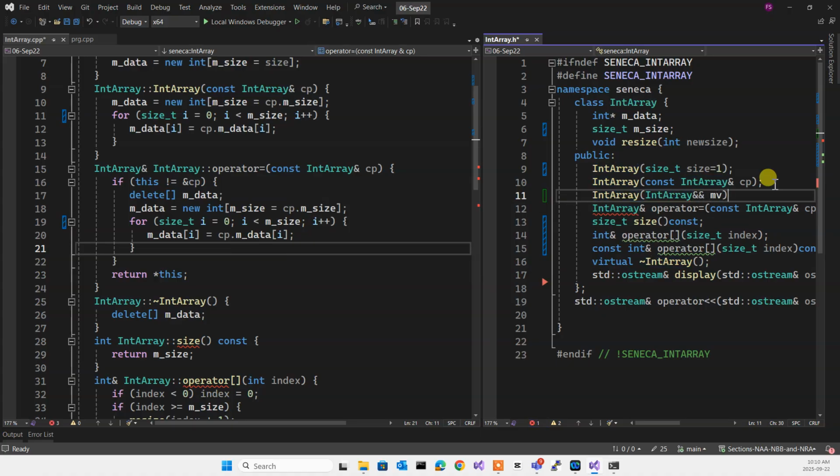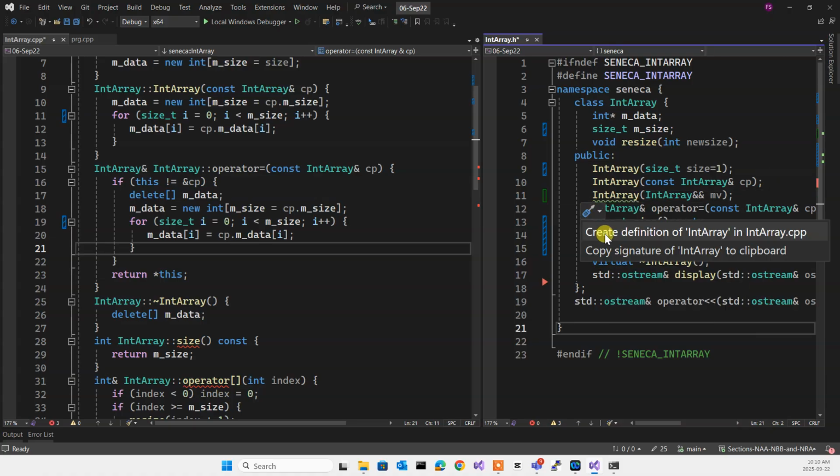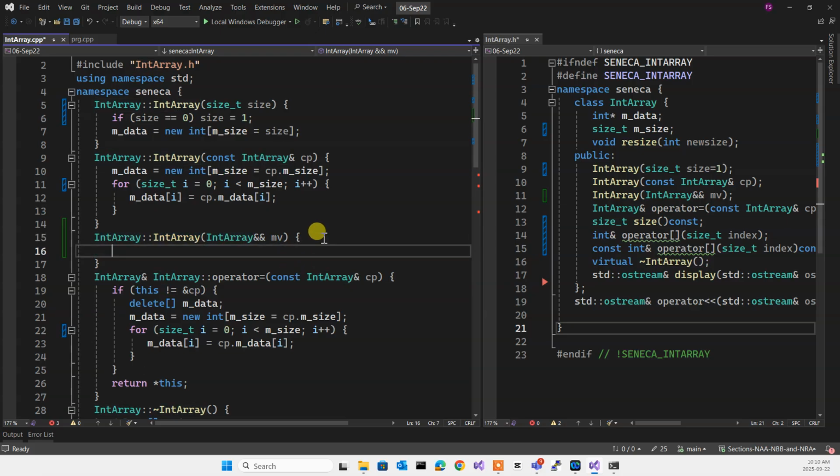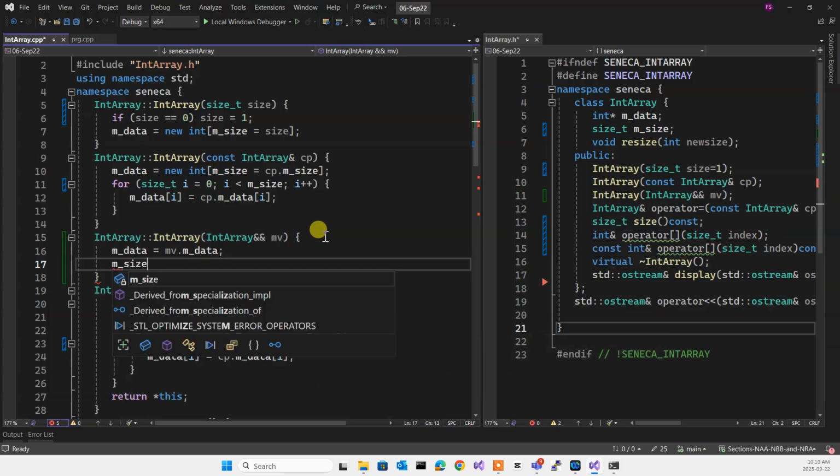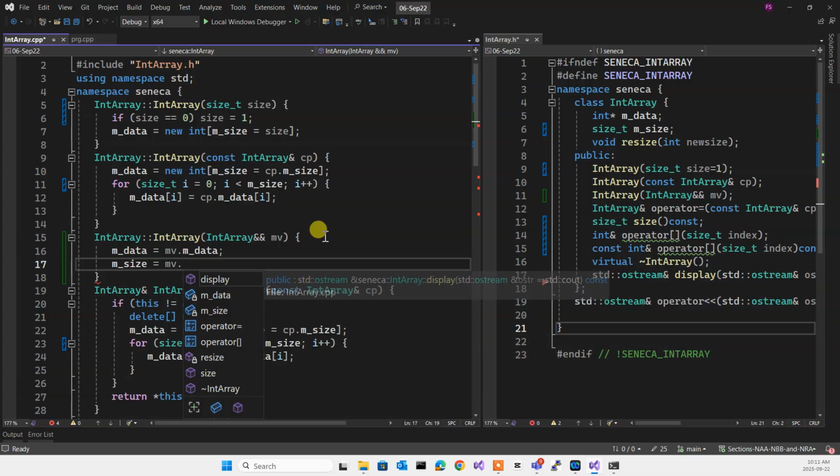I'm going to call it MV for the one that is moving, and I'm going to create the code for it. So create the definition. It comes over here. The difference between this one and the copy constructor is that I'm not going to allocate anything new. I'm just going to say, hey, whatever I have over here, my data is going to point to the other guy's data. So I essentially point to that one, and my size will be set to the size of